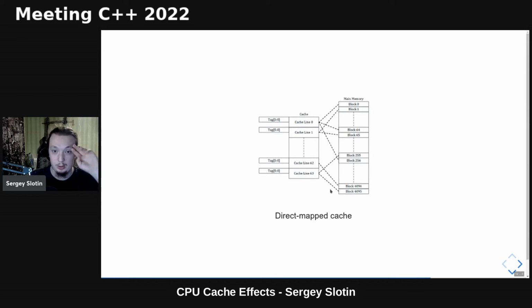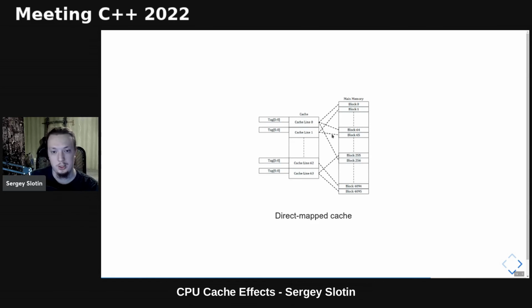Direct mapped cache is easy to implement, as it doesn't require storing any additional meta information associated with the cache line, except its tag, the position of a particular memory block, so that we can tell them apart. The disadvantage is that the entries can be kicked out too quickly. For example, when we are repeatedly jumping between two blocks that are mapped to the same cache line, we will be rereading them on each iteration, leading to lower overall cache utilization.